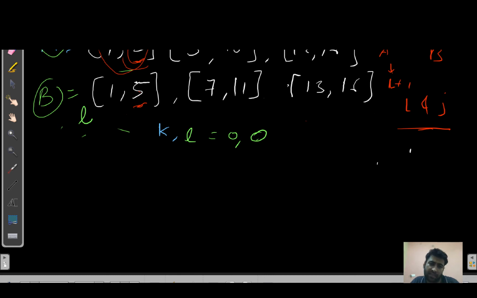If the right part is greater for the first list, or A list here, I will increase the k pointer. If the right part is greater for the B list, then I will increase the l pointer. So this is how it will work. So basically we have I and j. So we will always take the minimum of the last two elements. So basically our interval will be